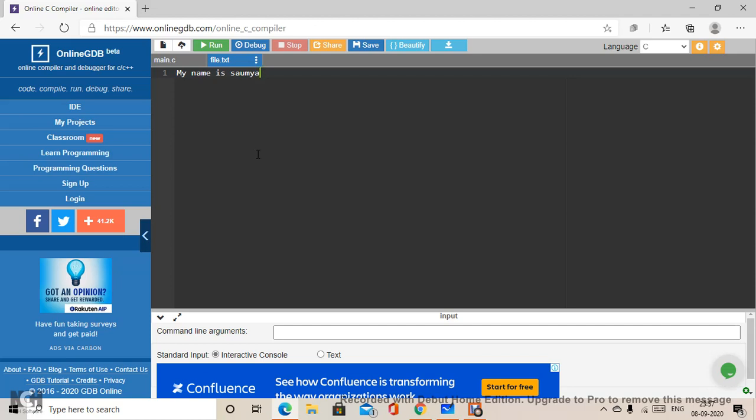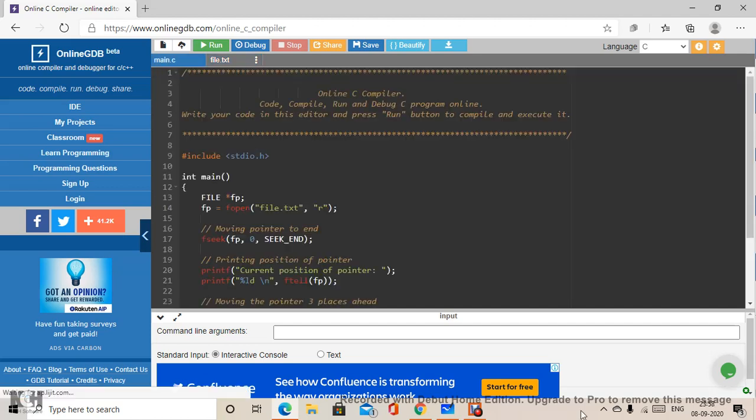So let's begin with the writing part of the main code. Now I have written the code and we will be going very slow so that you can pause in between and see the content which is written. So I should not repeat the header and other parts.